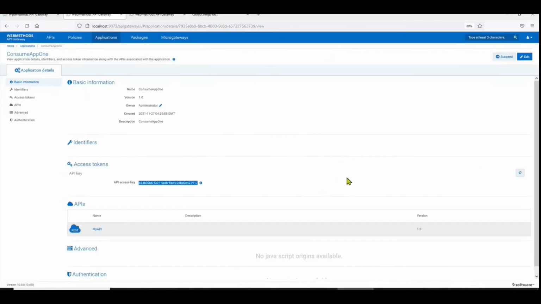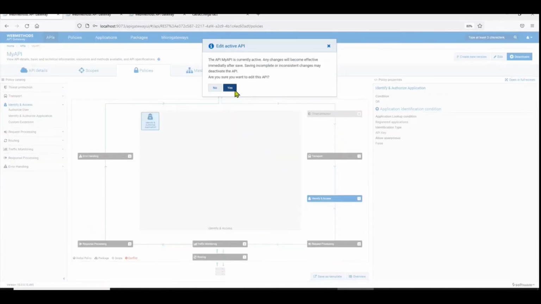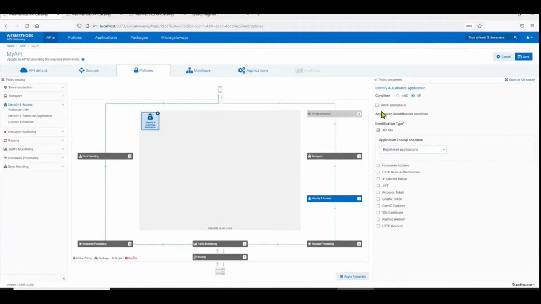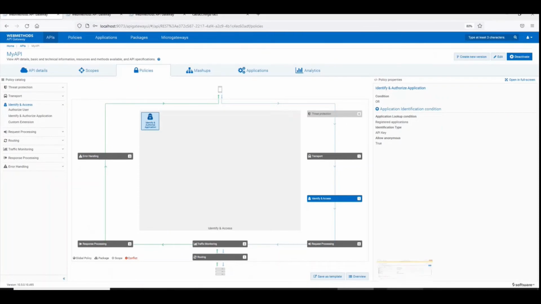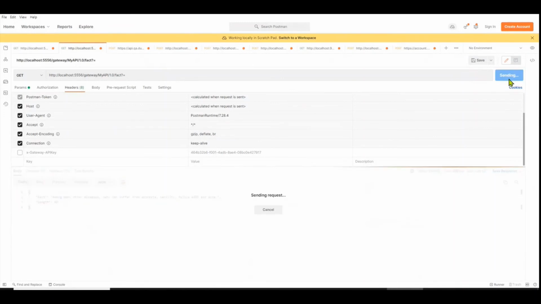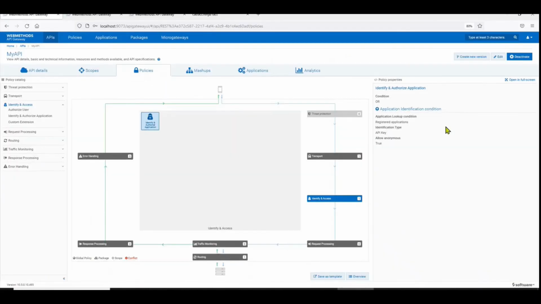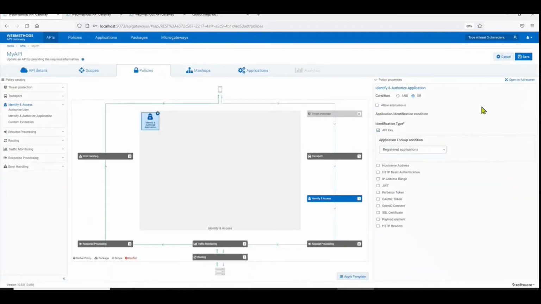You could go back to your API and again edit it over here. There's a quick way to turn off the authentication. You can just say allow anonymous. This is a means to validate the security, and then you can send the request without the key, and this lets the API go through without any authentication. This is just a quick way to test the API in case you don't have the credentials to validate it. You can go back and turn it back on. It's not something you would want to do on a production live system. It's just a means for validating an API.